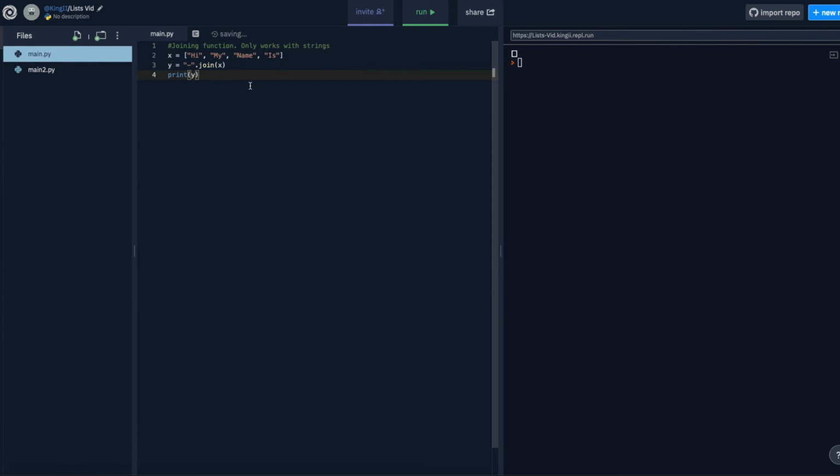You can also do a few other things with lists. So in this case, we have a function called the .join function. Here I have a list of 4 different items. All of these are strings. I'm going to set the .join function equal to the variable y. Now the .join function works a bit different. You're going to put the list x inside the parentheses, and in front of the .join, you're going to add